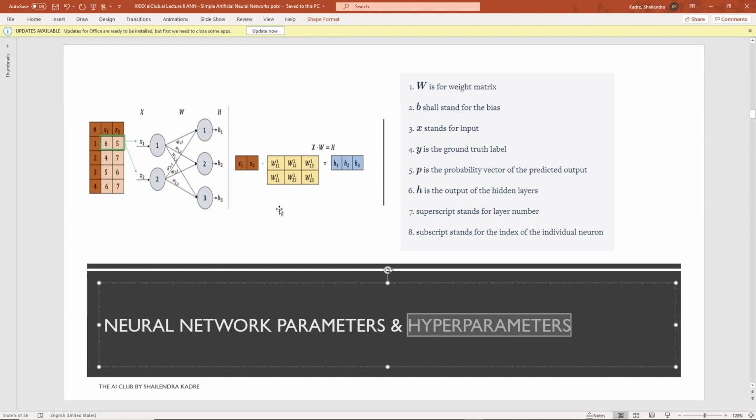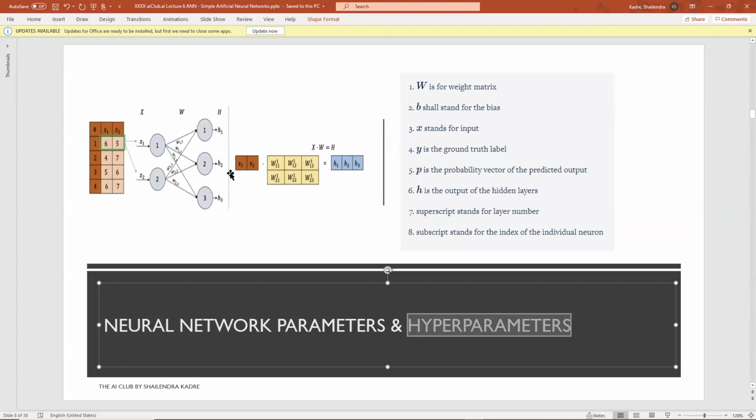So my steering wheel and accelerator are nothing but my hyperparameters, which control my model. My model is nothing but the other parts of the car. Similarly, we can apply the same concept to any machine learning model. So now here